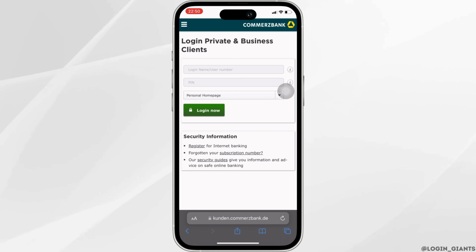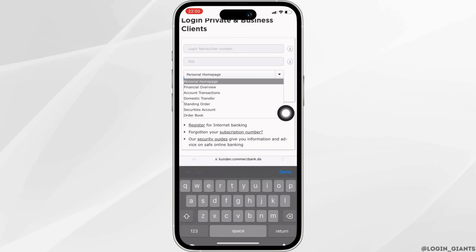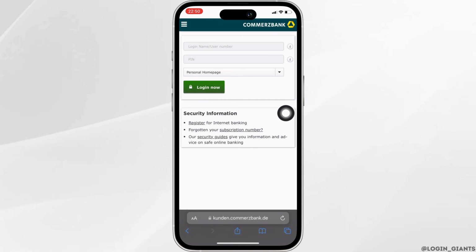Now in this page, what you want to do is simply enter your login name or the user number, and then enter the PIN. Well, if you have forgotten your user number or the PIN, then you can simply head over to Forgotten Your Subscription Number and then recover it. Now once you have entered your user number and PIN, click on Login Now, and then you will be logged